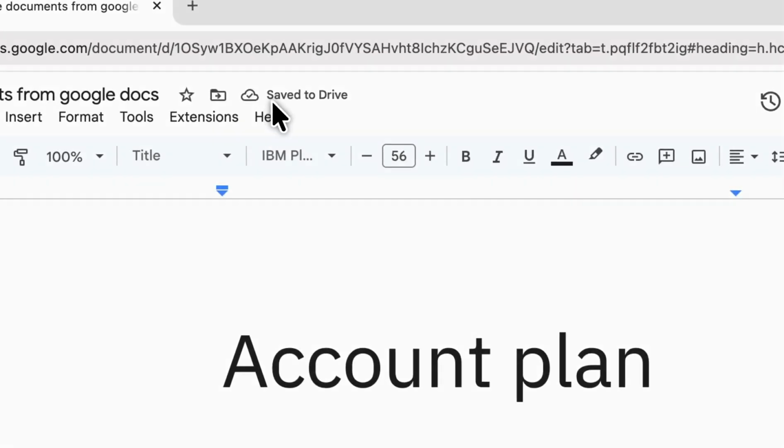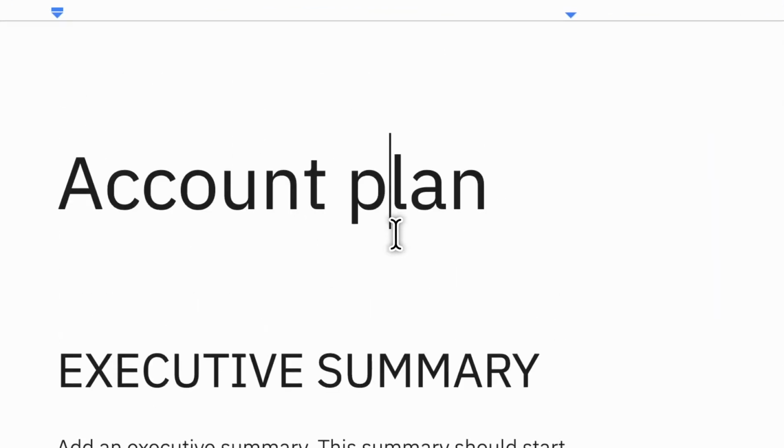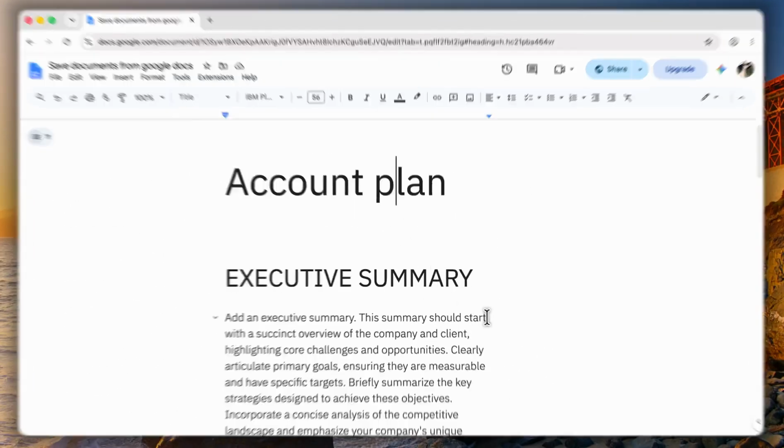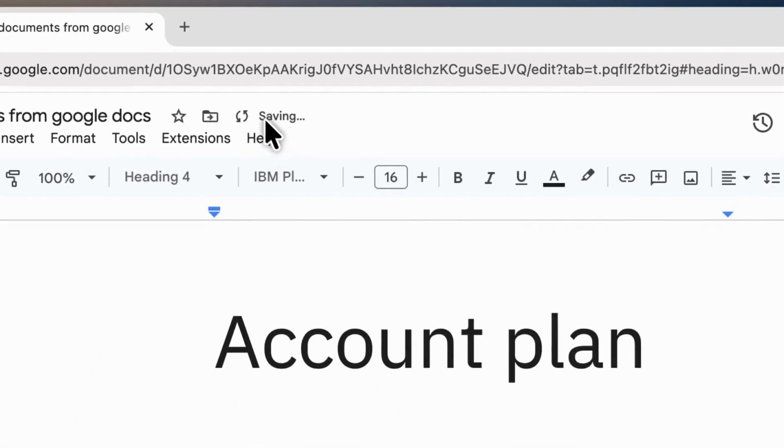As you type or make edits, you'll briefly see the word saving appear. Once the changes are stored, this status will change to a small cloud icon with a check mark and the words Saved to Drive. This means your online document is always up to date, providing a great safety net against